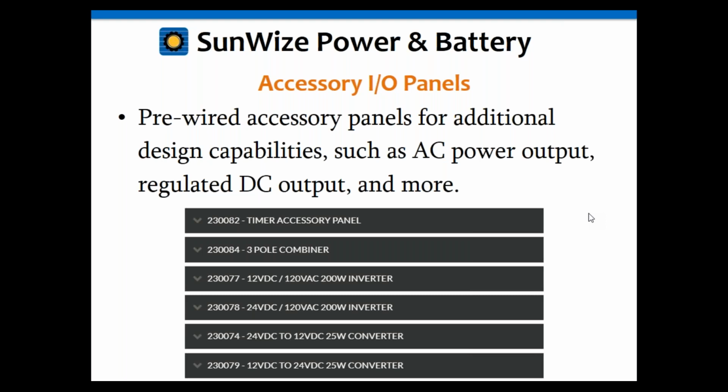So that includes a timer accessory panel, a 3-pole combiner that we reviewed earlier in this presentation. We even saw a photo of that, as well as a side plate that can be used for 200 watt AC loads and below from a 200 watt single phase inverter, as well as regulated DC loads that are under 25 watts. So what these accessory panels do is allow us to solve standard load scenarios,